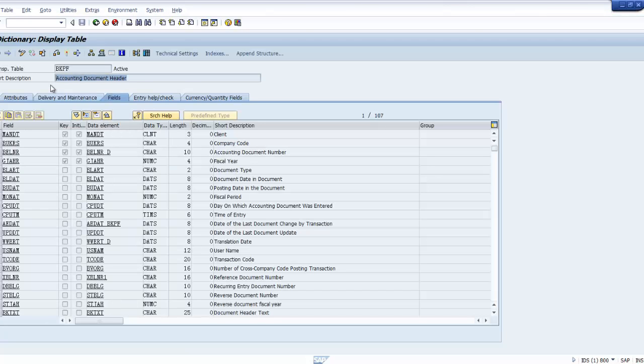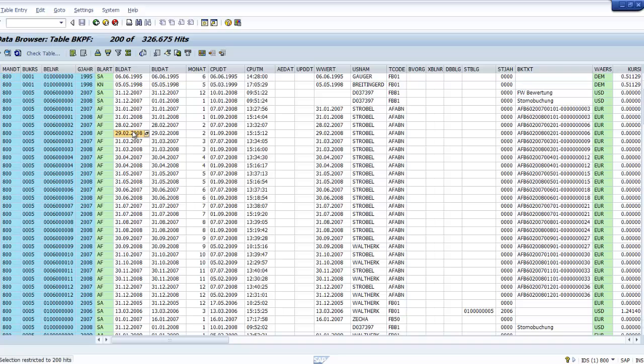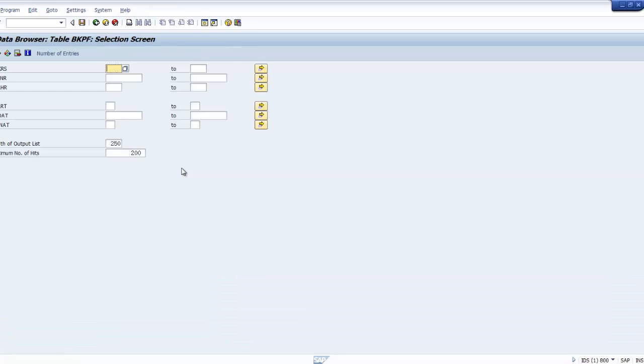Okay, this is the accounting document header, and there are about 100 fields. So we are going to import this table from this SAP ERP system to SAP HANA. Let me click to see if we have data. Okay, we have some data, but we need to import only the metadata, not the values or the data for this table. So I go back to the SAP HANA Studio